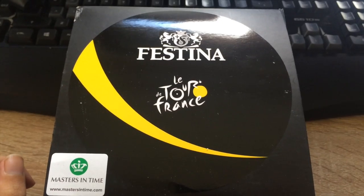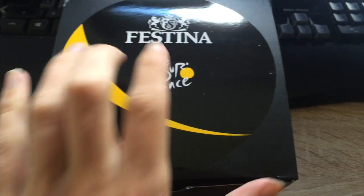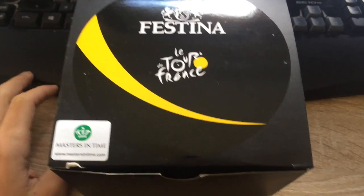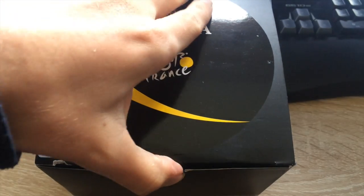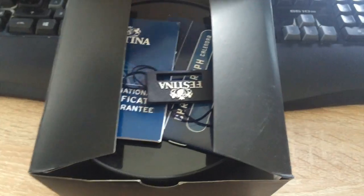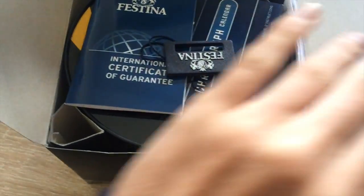So here we are with the unboxing of the Festina. As you can see, it comes in a box with the Tour de France labeling on it because it's part of the Chrono Bike series, as mentioned. I ordered it from Masters in Time, which is in the Netherlands. But without further ado, let's open it up. So I've already opened this. Got this about a week ago. I've been wearing it a little bit,